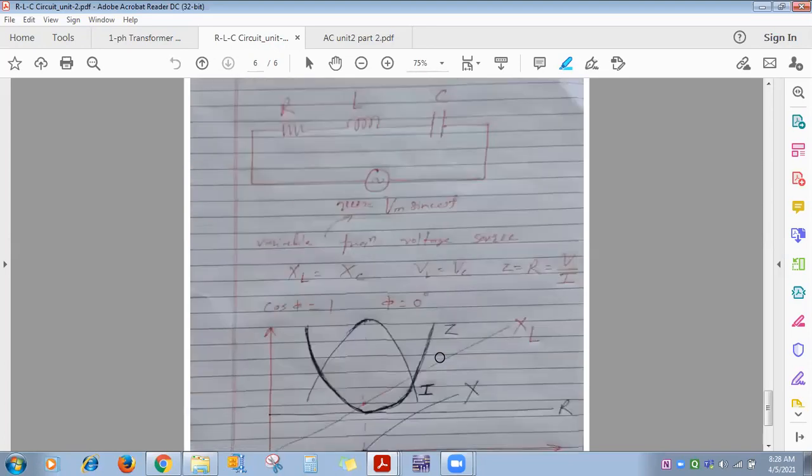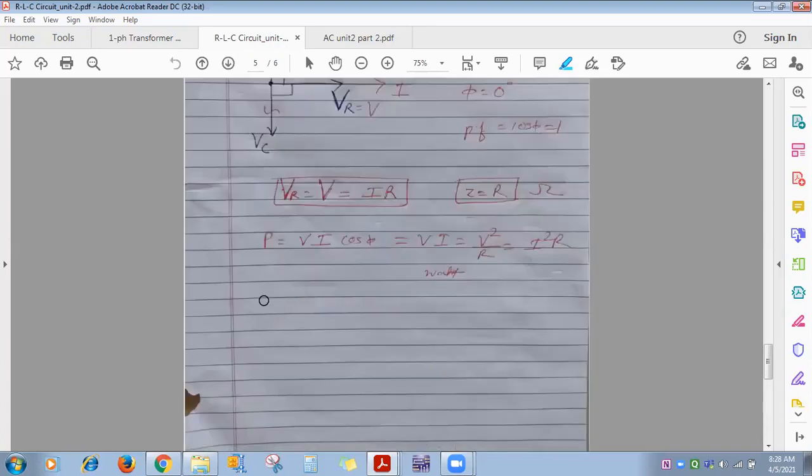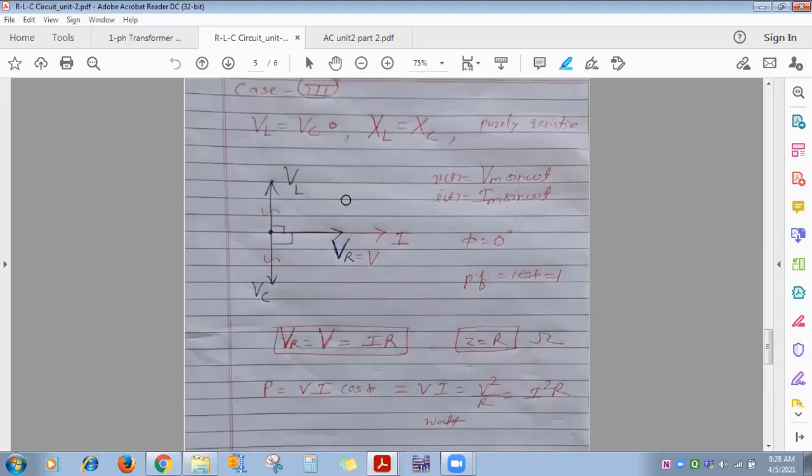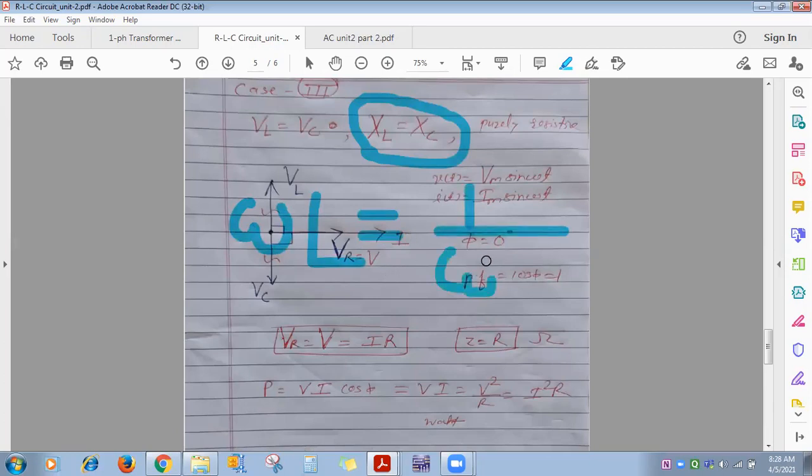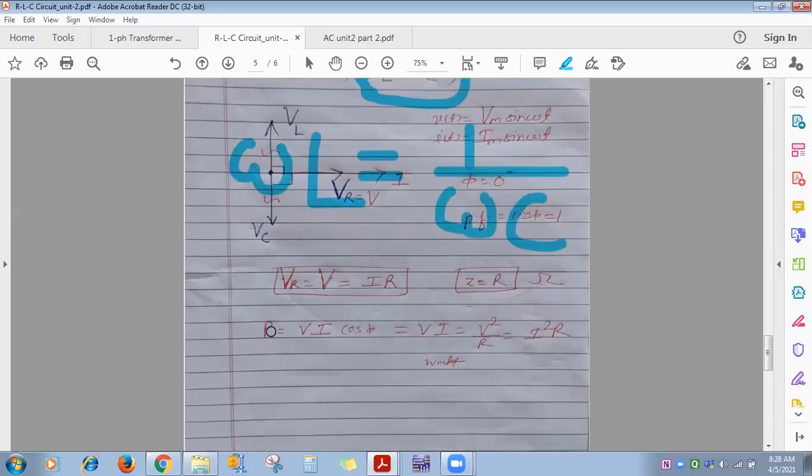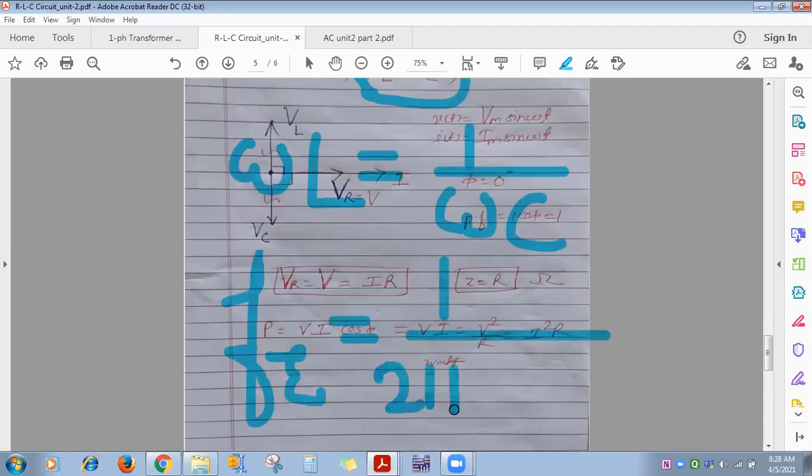Now we'll first derive the resonant frequency equation. This one I think you have done in 12th also. Suppose at resonant frequency, when the circuit is said to be at resonance, XL is equal to XC. What is the formula for XL? Omega L. What is the formula for XC? 1 divided by omega C. So put here the value of omega as 2 pi f and simplify. So what resonant frequency will you get? It is equal to 1 divided by 2 pi square root of LC. Everyone keep this formula in your mind.